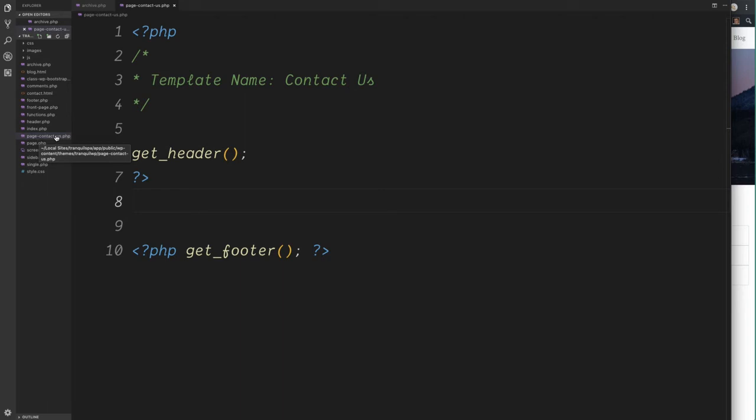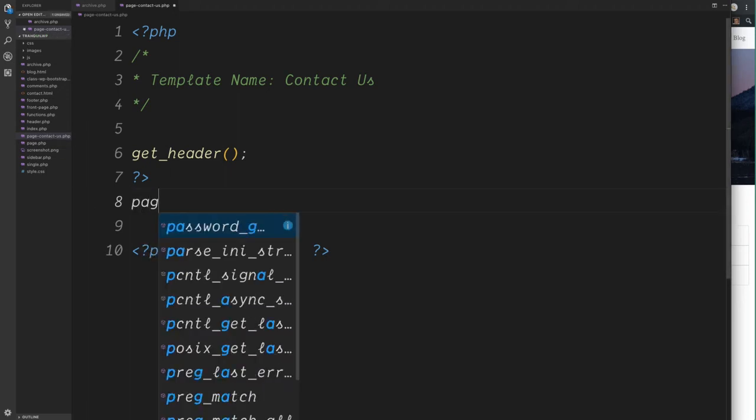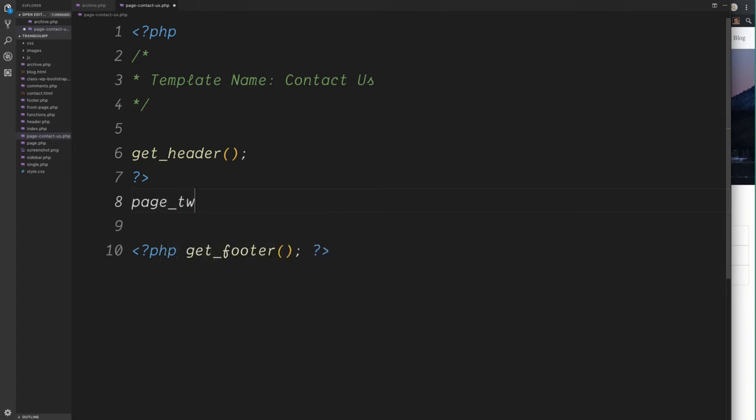We can also create templates for global use, i.e. to be used on as many pages as we want. It's important when creating global templates that we do not use this page dash prefix, as WordPress will think this is a specialized template for one particular page. These global templates are for common things such as a two or a 3-column page layout. And it's also common to see a naming convention such as page underscore 2 columns